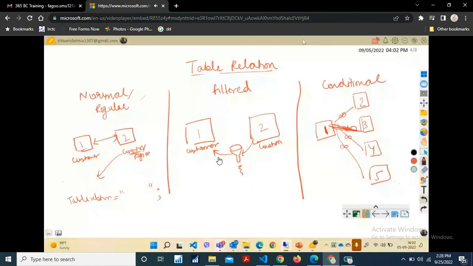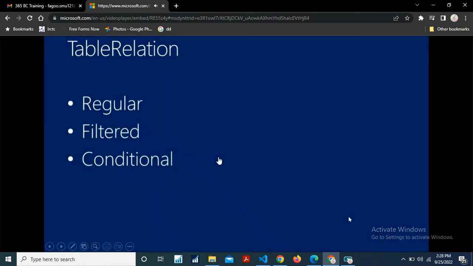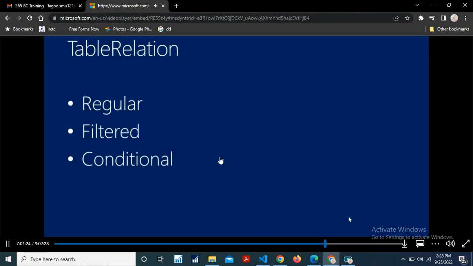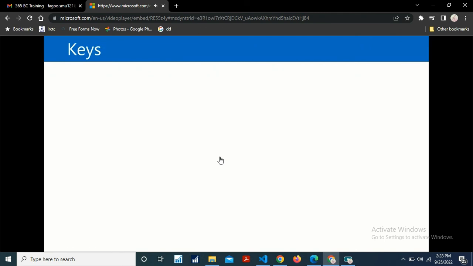Okay. I think this is clear. So with this, we are done with the table relations. Table relations are really an easy topic and nothing much. But whenever we want to create a relation between two or more tables, we need to make sure which table relation would be good for us. Okay. Now,